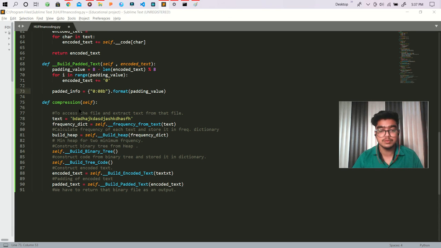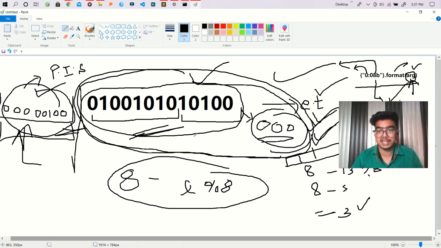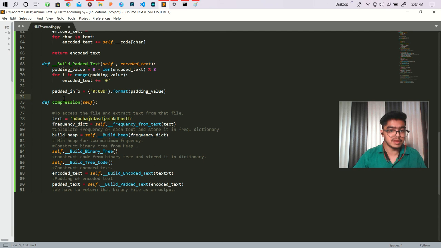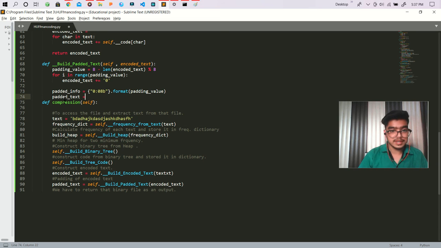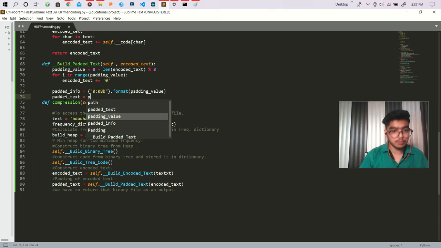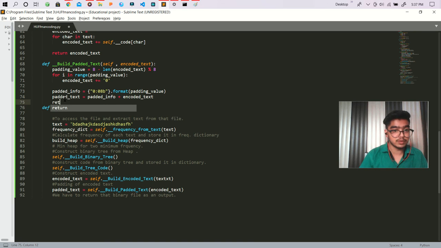Now in the next step, this is our padding information and this is our padded text that I created. Now we have to append these two things. So we write padded text equal to padded information plus the encoded text, and we get our padded text, and we have to return that padded text, and we are done.